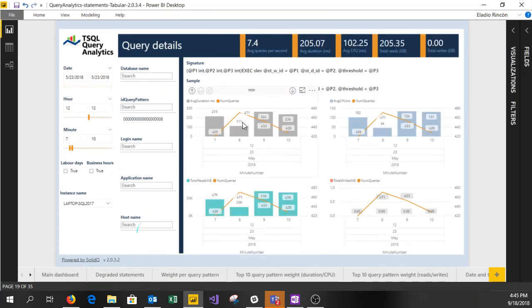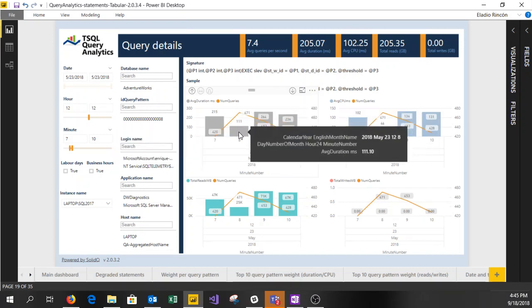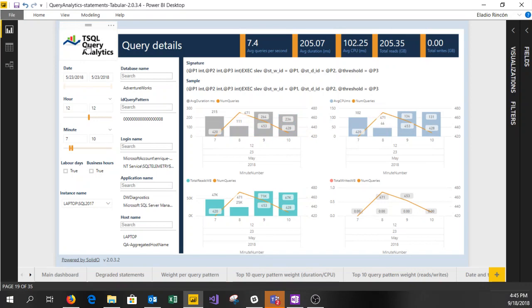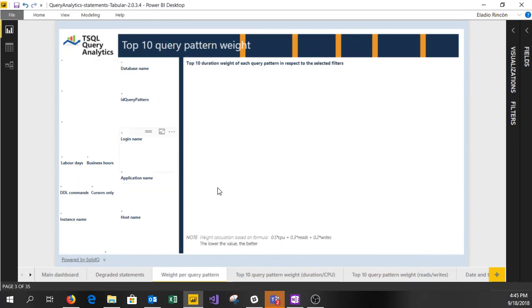we can see that for this specific query during that period, in this representation here, we have minute number 7, minute number 8, minute number 9, and minute number 10. So for this specific query during minute 8, something was happening. You see how the trend was growing and then suddenly decreased. Okay, so something was happening in this specific minute. So if I go back to the report,